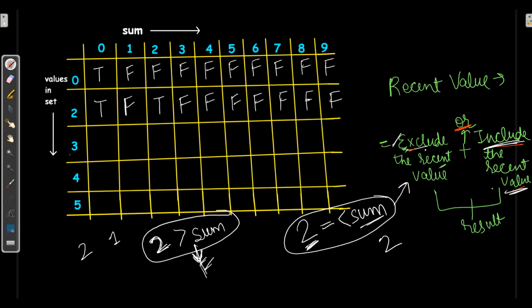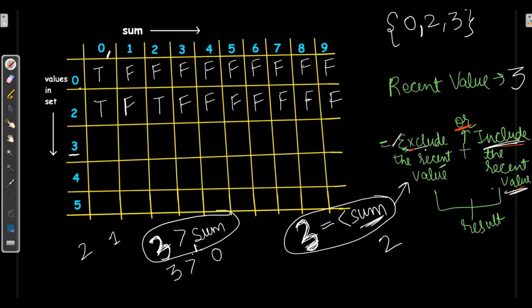Now we have added one more value in this set, which is the recent value, 3 over here. So with above values 0 and 2, 3 is the recent value. Now on the basis of 3, we will check and compare with the sum. First, sum is 0. Is 3 greater than sum? Yes. So for this, I will copy the value as it is, which is true over here.